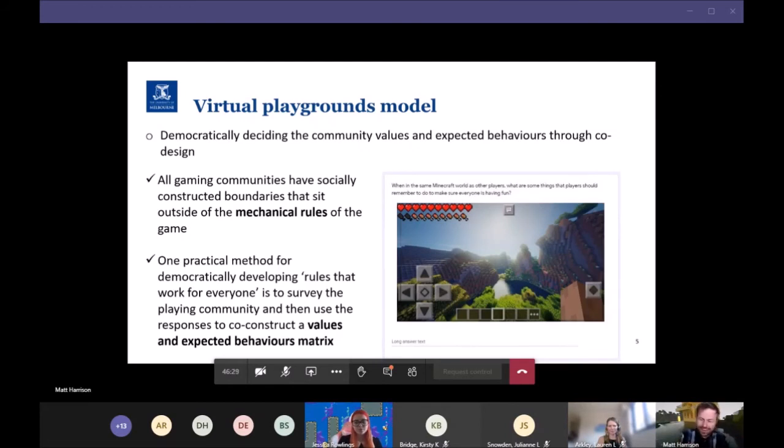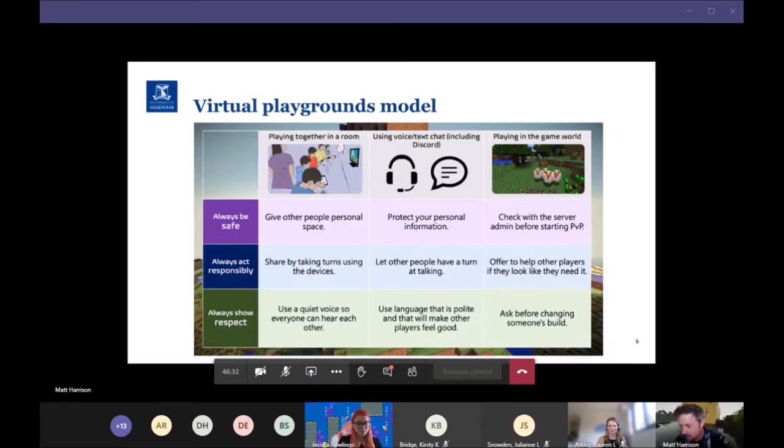This idea of asking our participants leads into something called designing an expected behaviours matrix. This is a really simple set of values or behaviours that respond to and use the language of the kids that we work with. For example, if you're playing together in the room, a lot of the children thought it's really important to give each other personal space. So we recorded small videos of what that looks like when they're playing together. We also had a Discord channel in one of the studies I was involved with, and it was